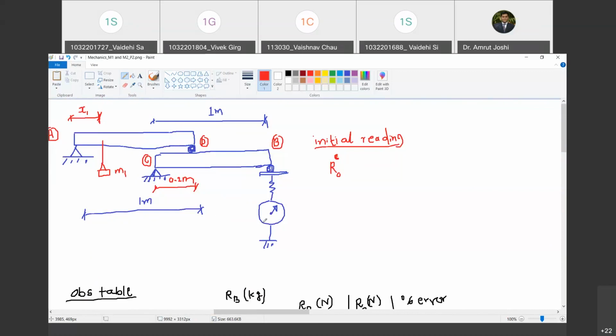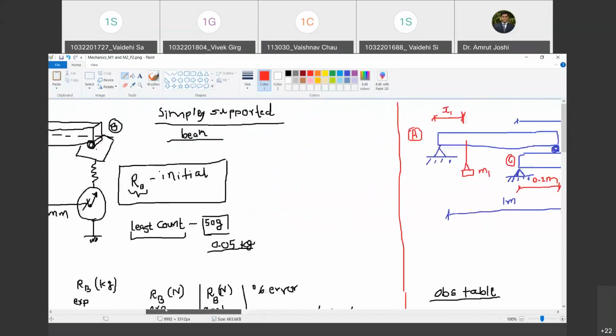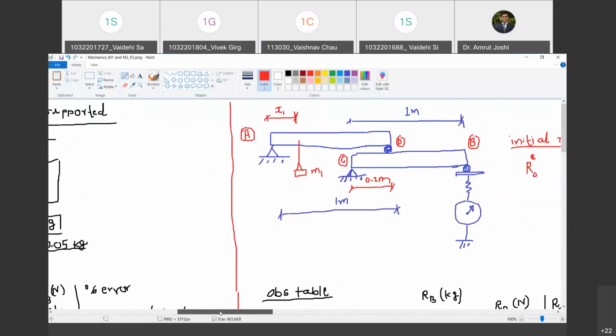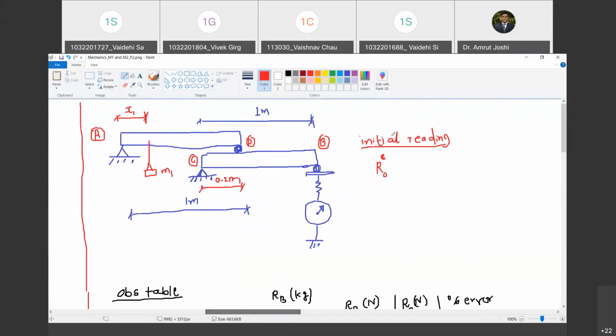Yes, sir. Now, this is the part where I'm going to tell you that the next discussion is also useful in theory. So pay very good attention to what I am doing next. We are now going to derive the values of RB analytically in both the cases. This is simply supported beam. This we call it as compound beam. Compound beam because it consists of two beams which are connected to one another. Are you with me? Yes, sir. So I'm going to call this as compound beam.